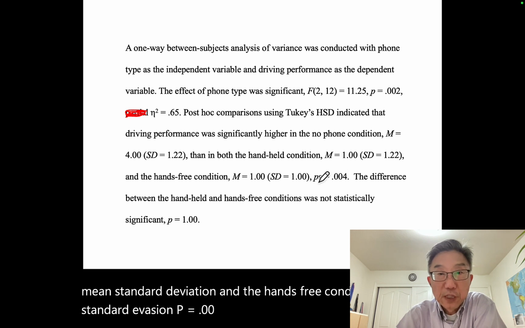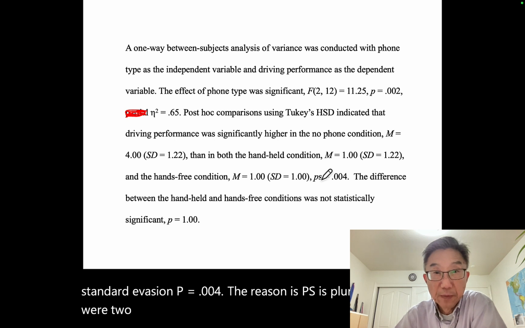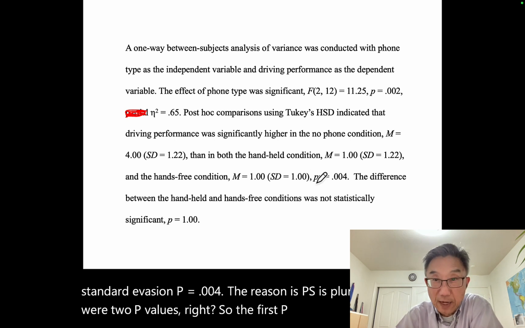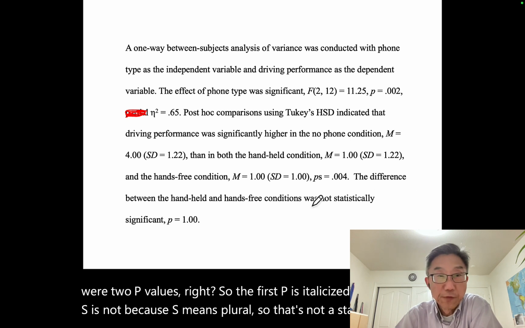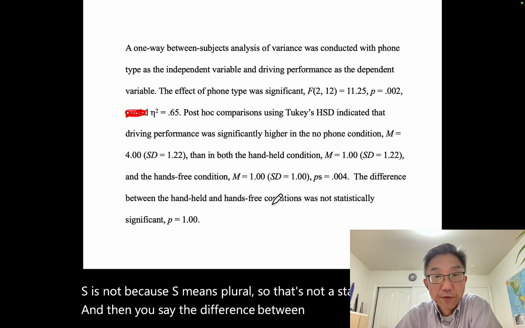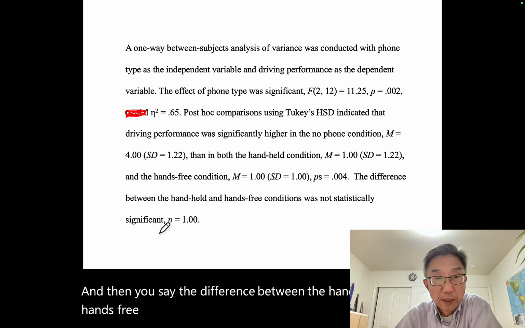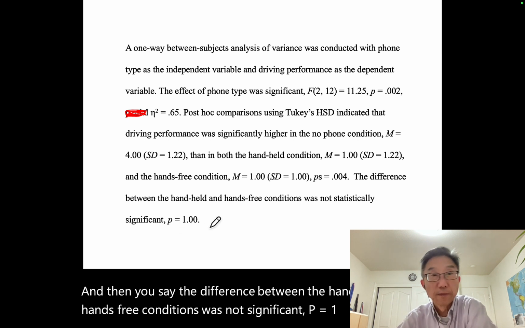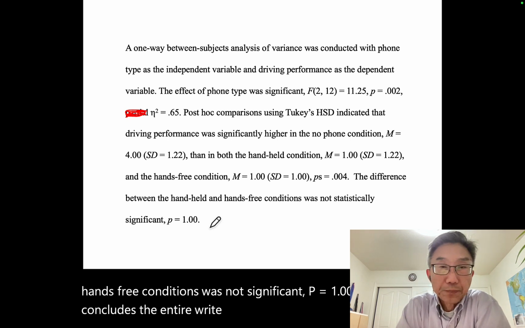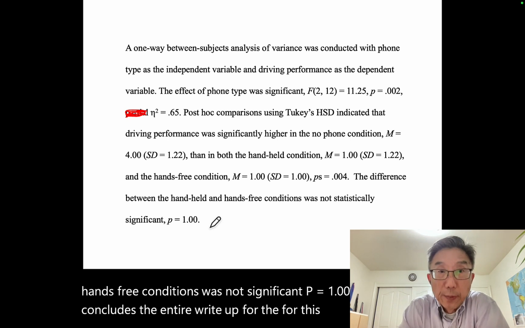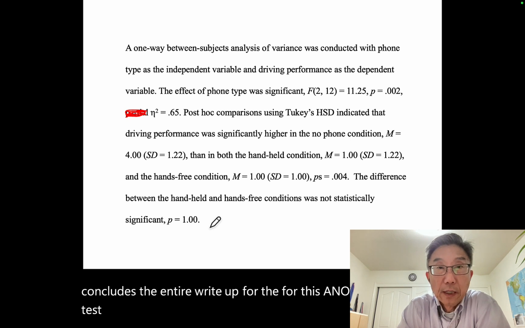The reason ps is plural is because there were 2 p values, right? So the first p is italicized. The second s is not, because s means plural. So that's not a statistics symbol. And then you say the difference between the handheld and the hands-free conditions was not significant, p equals 1.00. So that concludes the entire write-up for this ANOVA omnibus F test and the pairwise